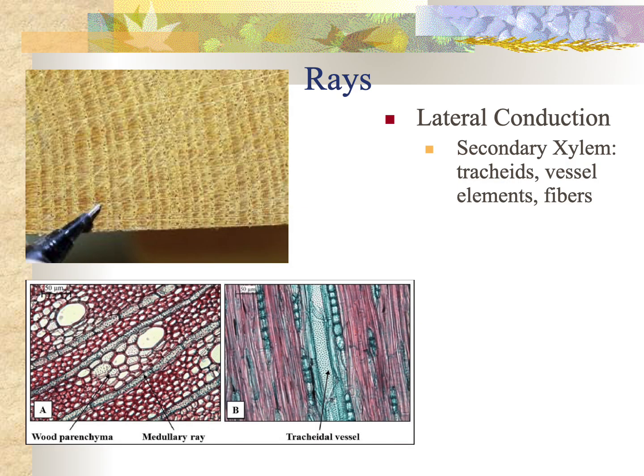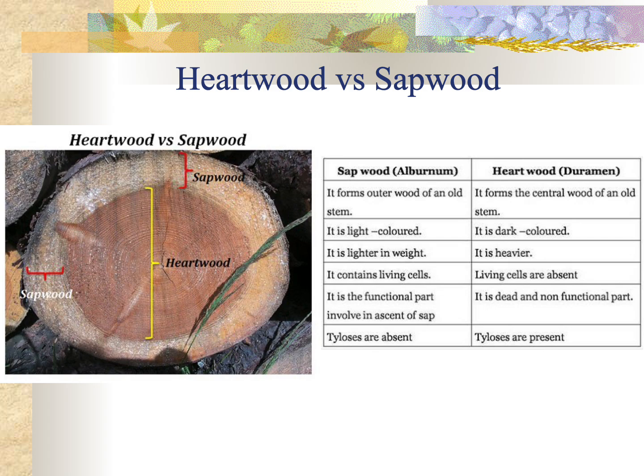Wood also is going to contain some elements of lateral conduction in the secondary xylem. These include tracheids, ray cells, vessel elements, things like that. You can see those kind of going laterally in the direction of the pen there. Okay, sometimes you can see those in cross sections,